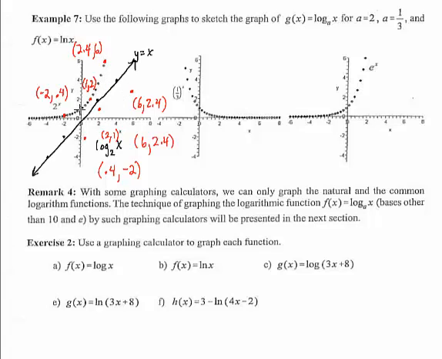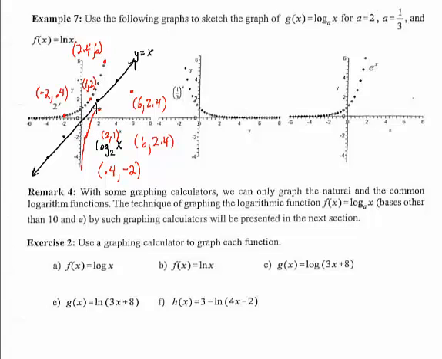At this point, I've got 3 points for my log function. All I have to do, since the exponential function is really close here by the x-axis, when I mirror that, the line for my log function will be really close to the y-axis. So I'll start out just barely scraping by the y-axis, and then I'll cut up through my first point,